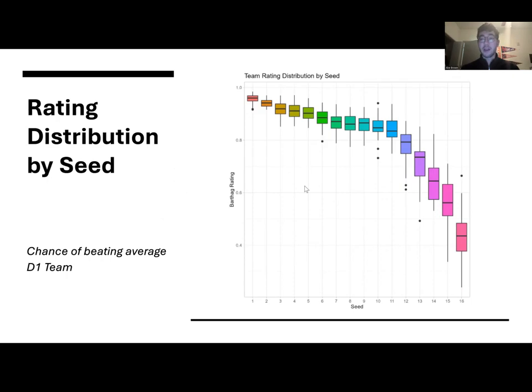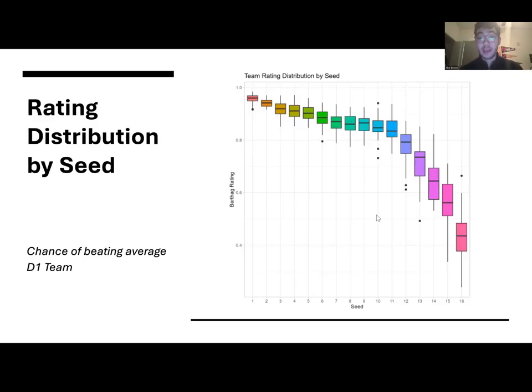So moving on, now that we looked a little bit at the BartTorvik data itself, we're going to look at a few plots that I've created to generalize this data and show what this data looks like. So we can see here the rating distribution by seed. And you can see clear groups come up here. So obviously 1 seeds and 2 seeds pretty high up above the rest, which a lot of people have been looking at when they make their brackets recently, that 1s and 2 seeds are really a step above the rest of the competition.